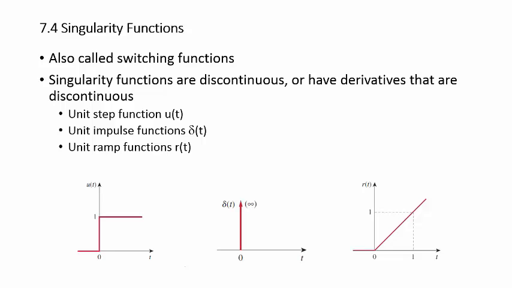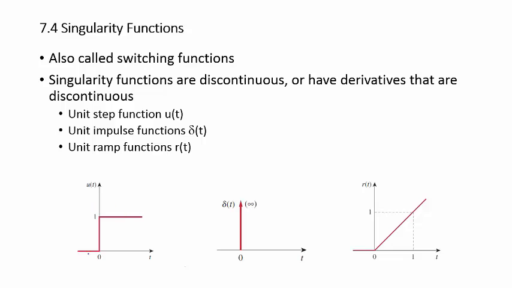So they're also called switching functions, especially in electronics and engineering. But they are functions that are discontinuous, or they have derivatives that are discontinuous. And discontinuous means that they have an abrupt or sudden change in their value. So the three that we are going to be looking at, which are not all inclusive, but are three that are appropriate for electronics, are